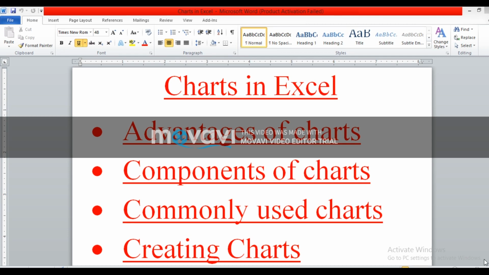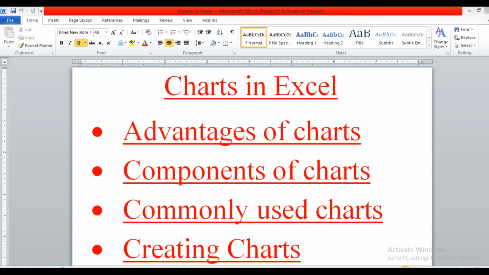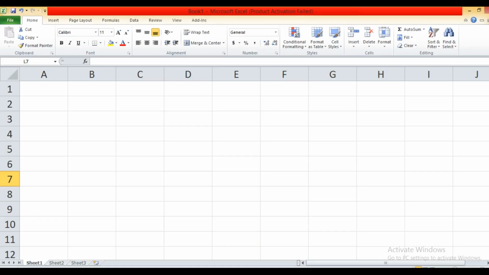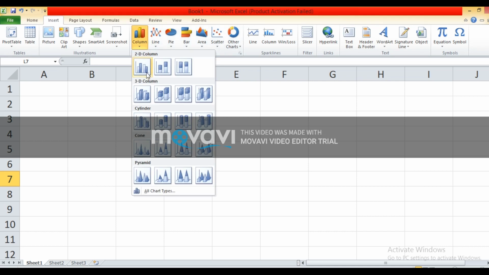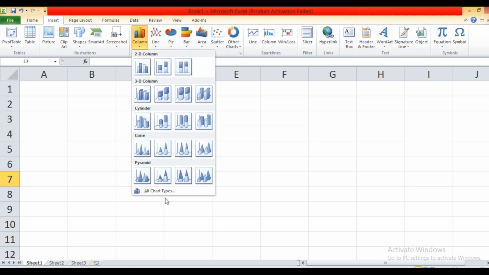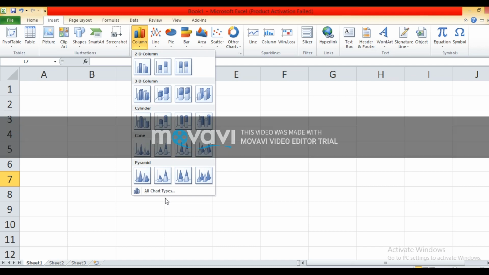First we are going to discuss the column chart. I will show you in Excel. There are different charts available in Excel. In the Insert tab, you can see here column chart, line chart, pie chart, bar chart. These are the commonly used charts in Excel. First we will take the column chart. Column charts display the data in the form of vertical bars. First you have to enter the data, then you represent your data in the form of vertical bars. That chart is known as a column chart. It is used to compare values among individual items.